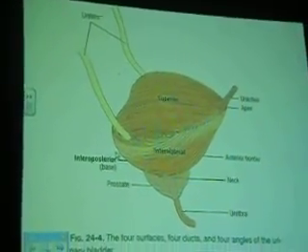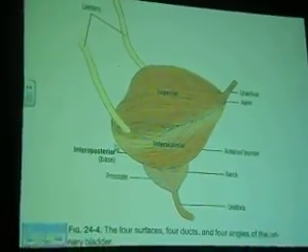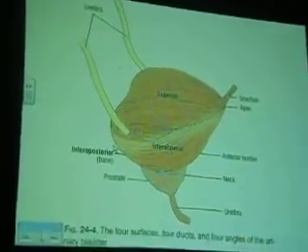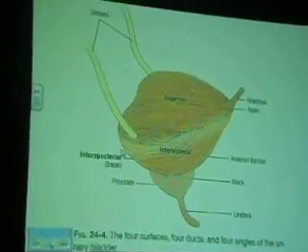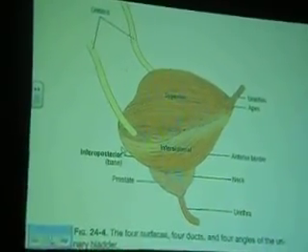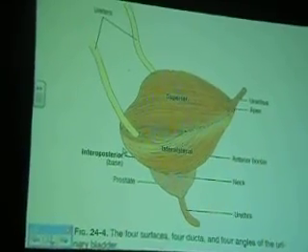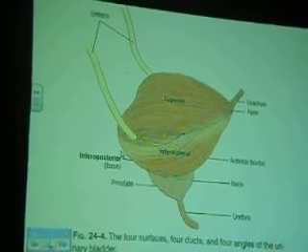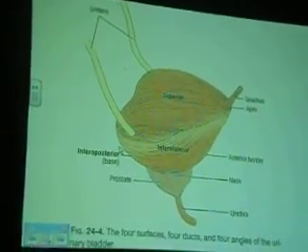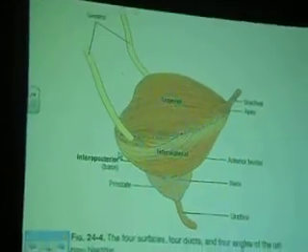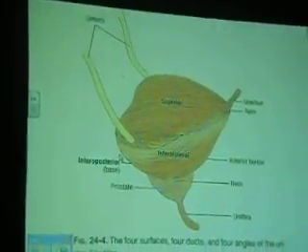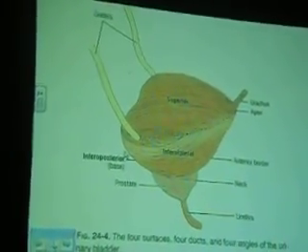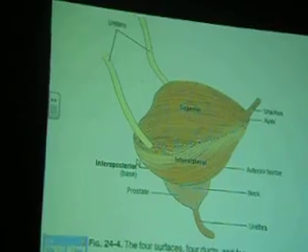The most posterior aspect of the bladder is called the base of the bladder. Okay? That part of the bladder in the man is related to the seminal vesicles and the rectum further back. In the female, of course, the genitalia comes in between, the vagina and cervix. So that's the inferior posterior aspect which is formed in the base of the bladder.